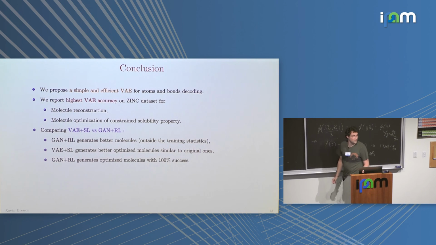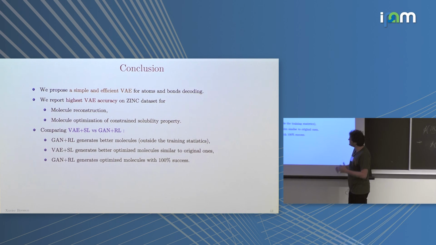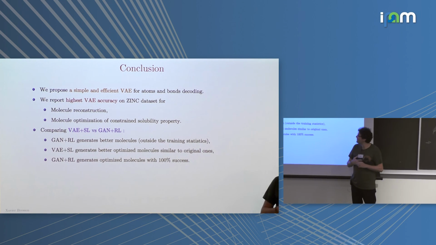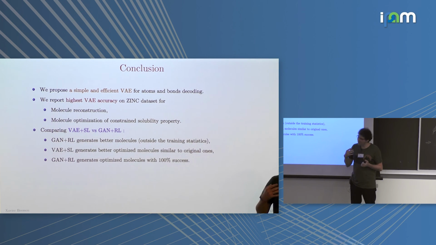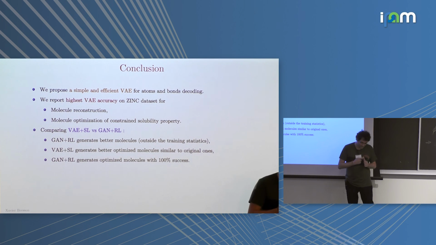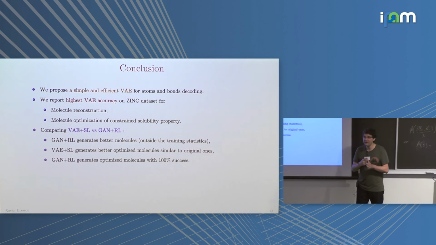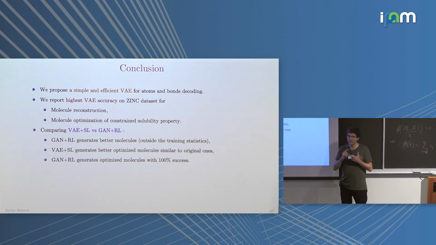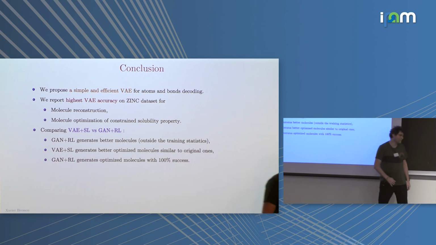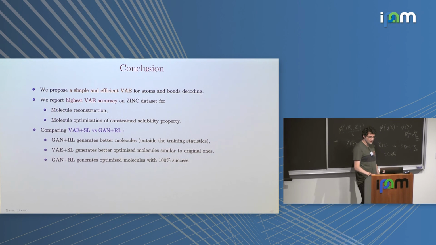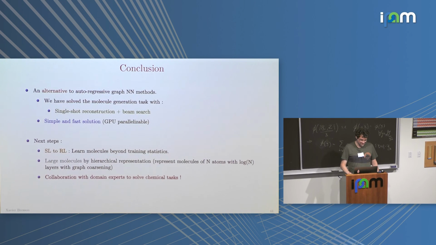Okay, conclusion. So we propose actually something which is very simple, VAE. So you see that there are not too many chemical constraints. The only two things that we have: we use the SMILES, and we also use the valency. We want to respect the valency, and so we get, compared to the state-of-the-art literature, more or less, sometimes better.